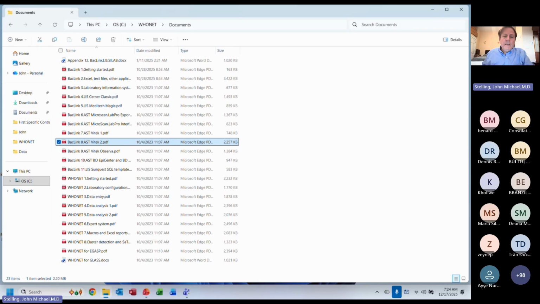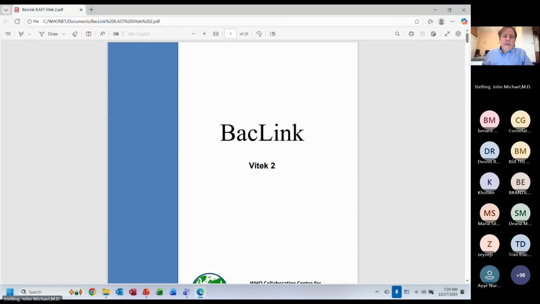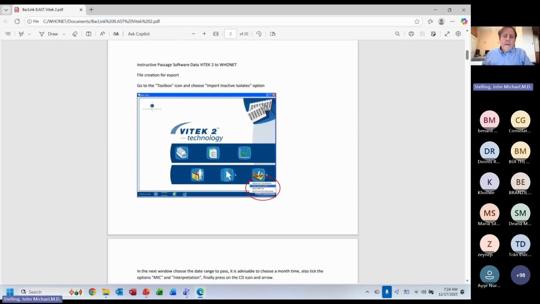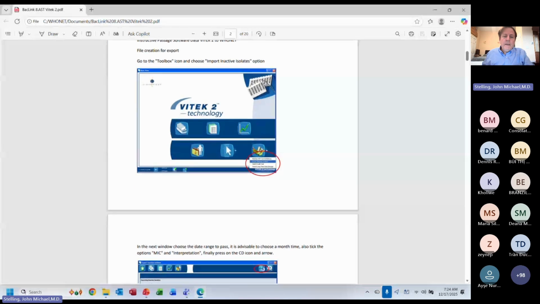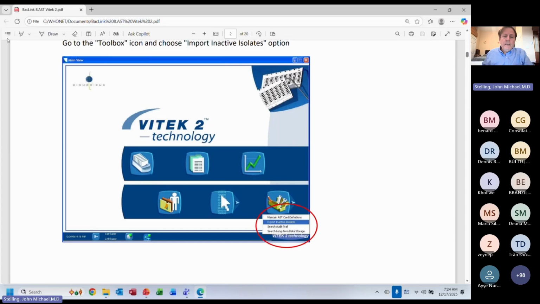So if I go to Vitek 2, how do I get the data out of the Vitek 2? When you open this document, you find the screens. So anybody familiar with the Vitek 2 knows this computer screen. This is for data entry and configuration and statistics. And here in the lower right-hand corner is the toolbox. Inside the toolbox, you see an option called